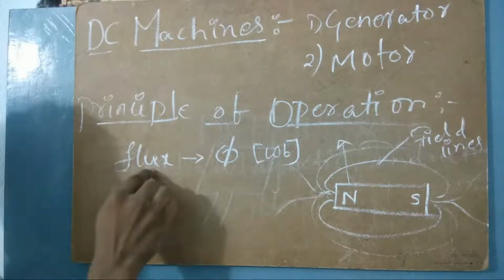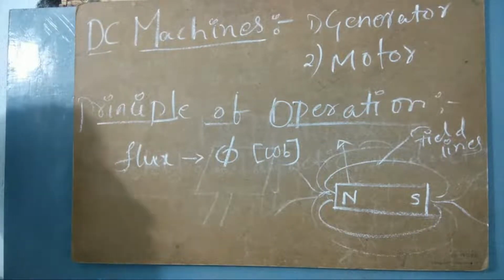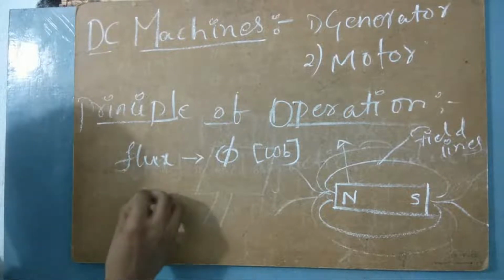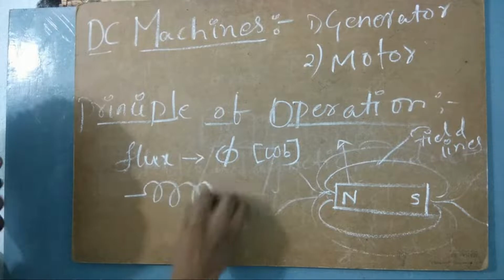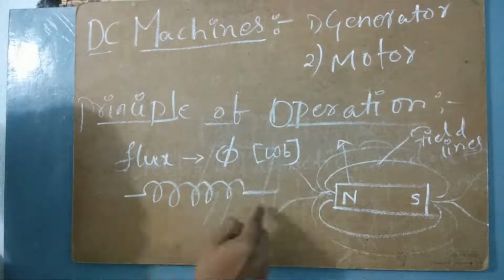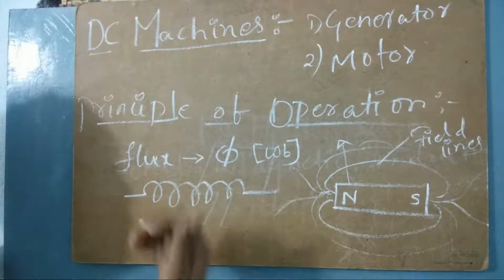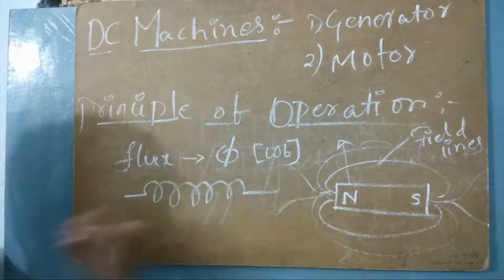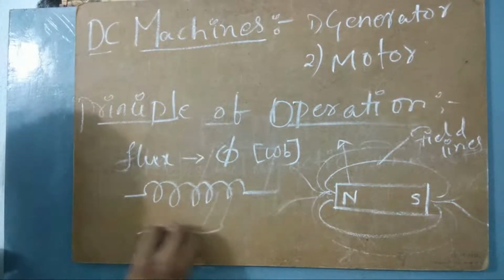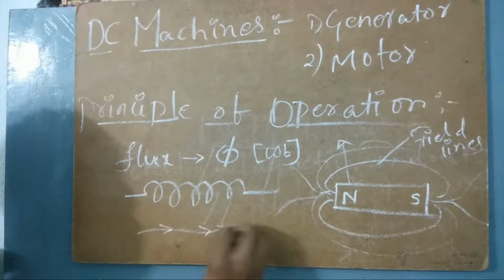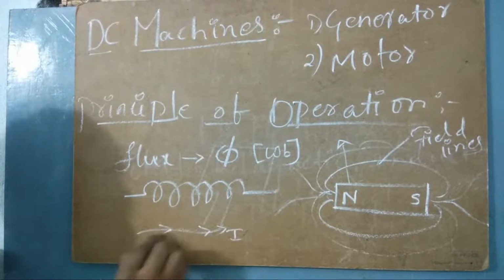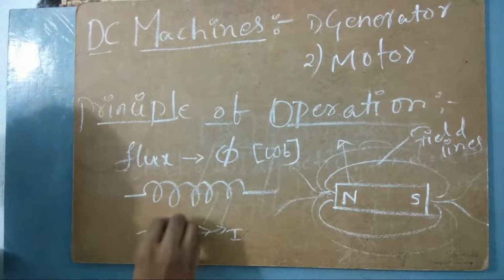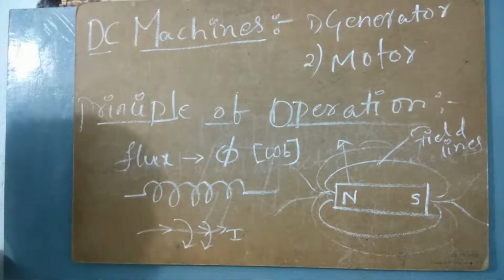And then flux is there. Then, have you ever heard the name flux linkage? For example, I'll tell it in detail. For example, there is a coil like this. According to the thumb rule, when the current is moving in this direction, the flux will be in this direction. So the direction of the current is in this direction, and the flux will be in this direction.